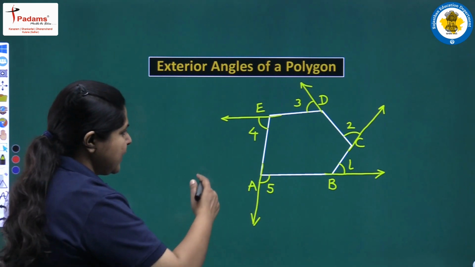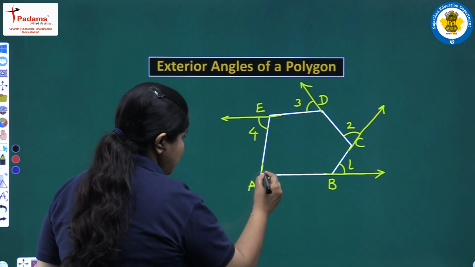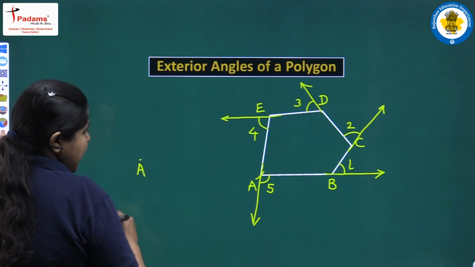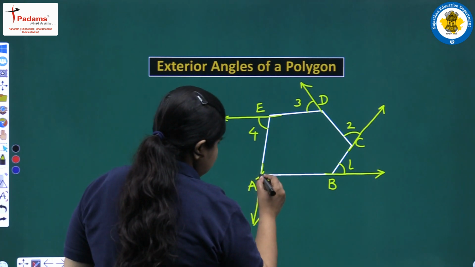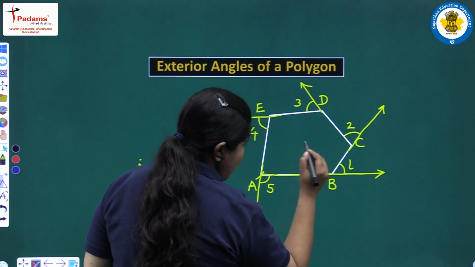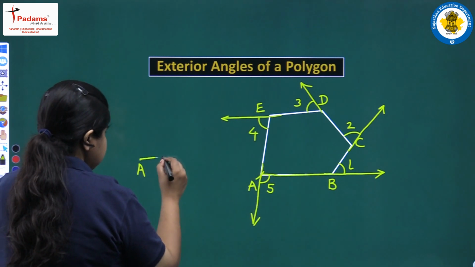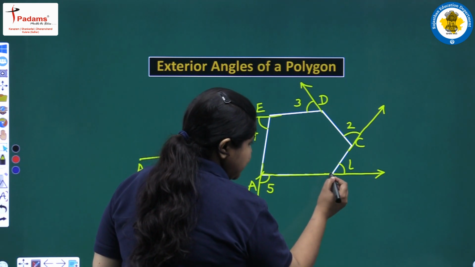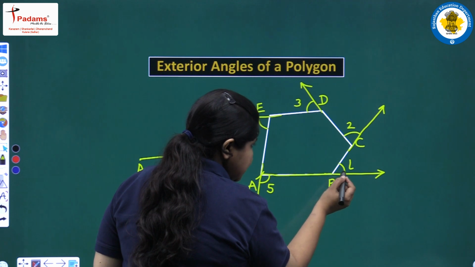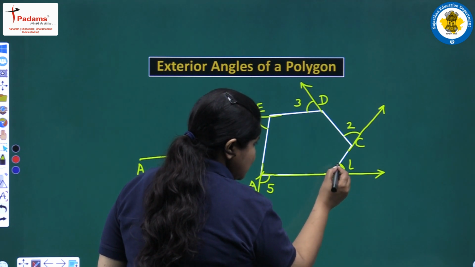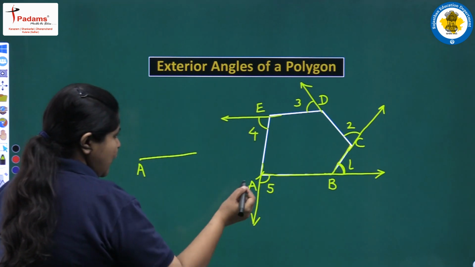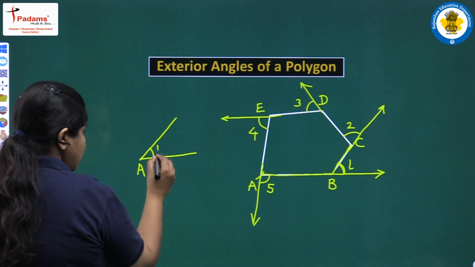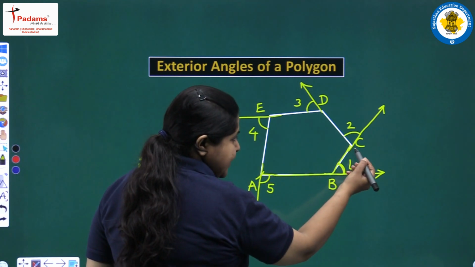Let us start moving along this pentagon. We start from this point A. Suppose this is point A, and first we move in the direction of AB and reach point B. So, we are moving in this direction. Then after reaching point B, we will take a turn through this angle 1 and turn towards C. So, what we are doing? We are taking a turn equal to angle 1. Then we reach point C.